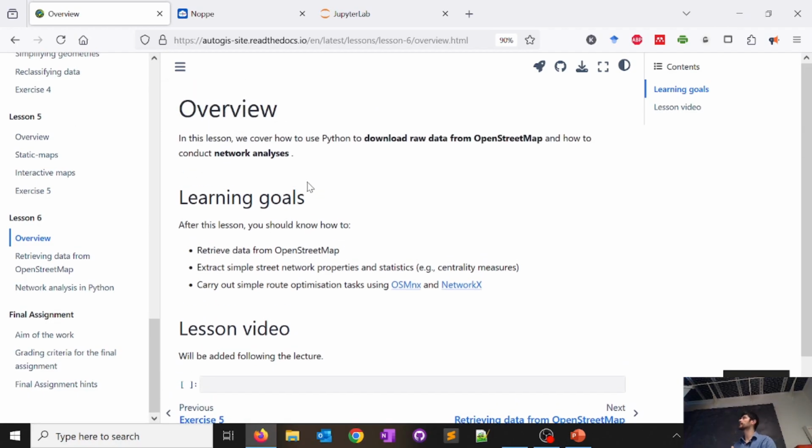Today we are going to work with OpenStreetMap, learn how to get data from OSM, and also perform some simple network analysis. But before that,